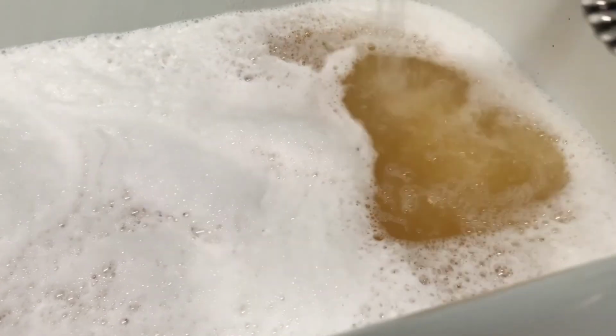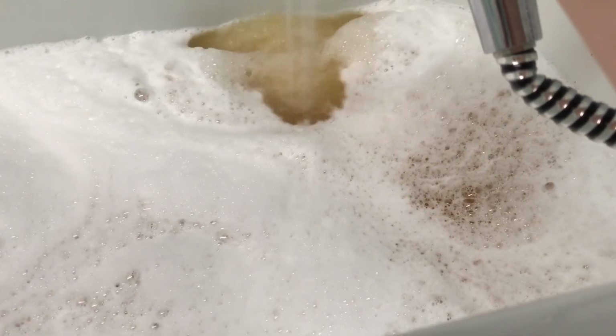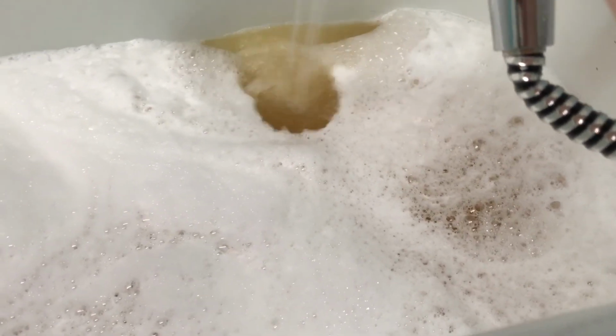I am dying for an apple cinnamon scented bomb. I really am. I saw one on Etsy the other day, and it was just a plain white bomb with some sprinkled cinnamon, but just for the scent, I was like, I really want to order this just because of the scent. I know that it's not gonna do anything, I'm not gonna be able to demo it, but